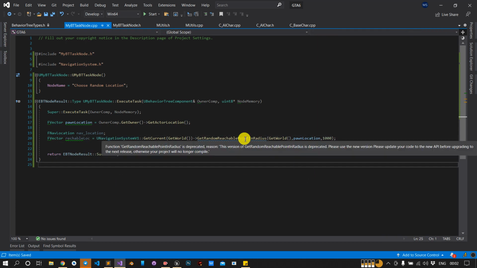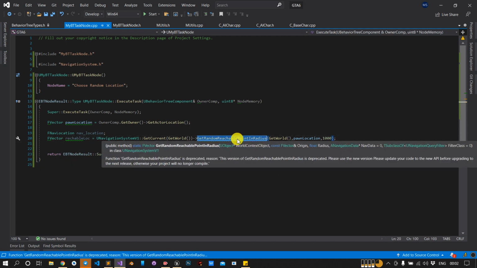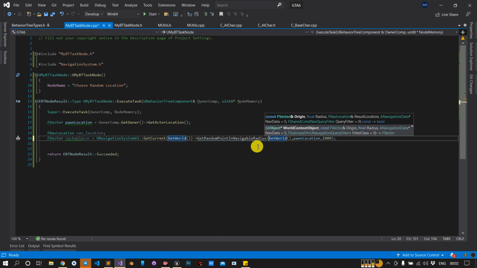Perfect. Okay, but it is saying that this function is deprecated now, so we will use our previous version only. So GetRandomPointInNavigableRadius.